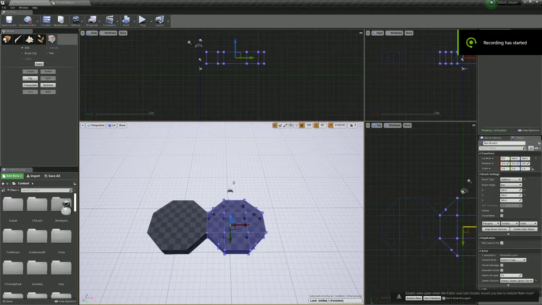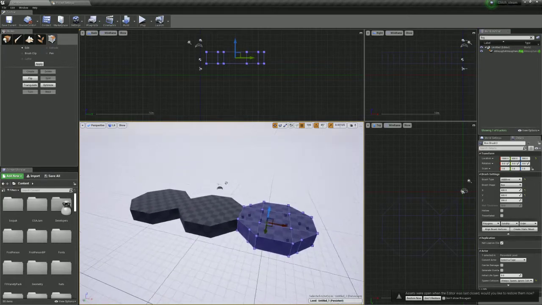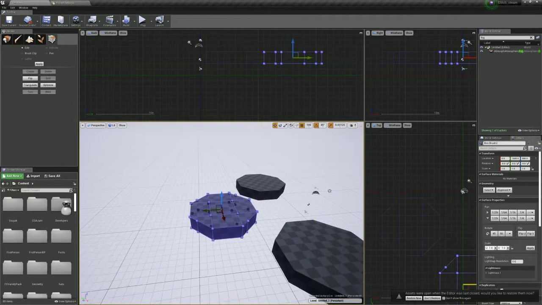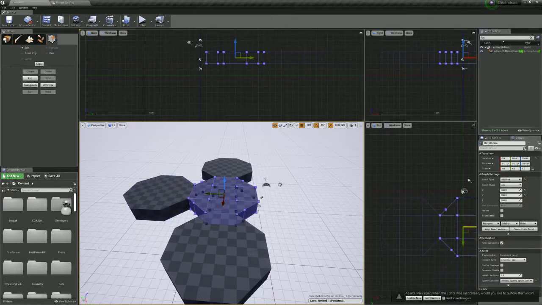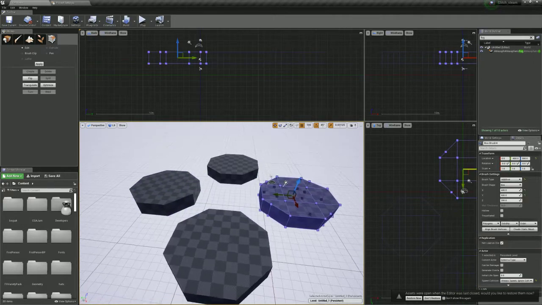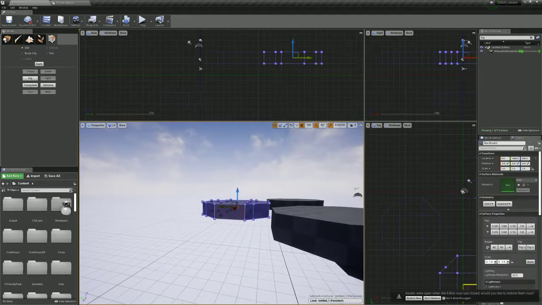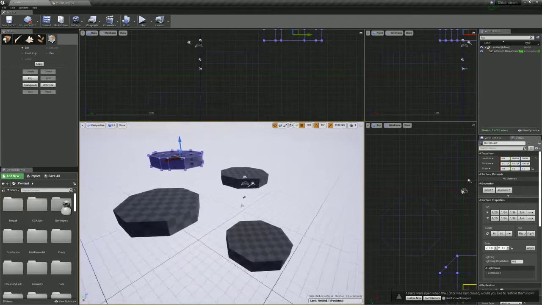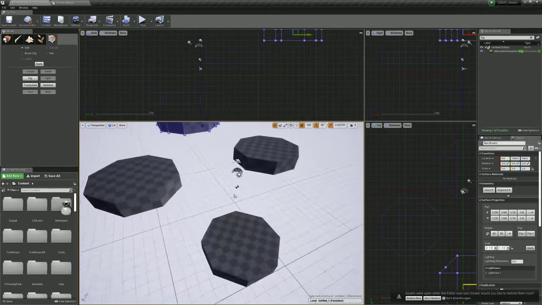Just doing some map design, level design for Glitch Arena. I really want a map that has a kind of multi-level figure eight in the middle. So the figure eight basically means that